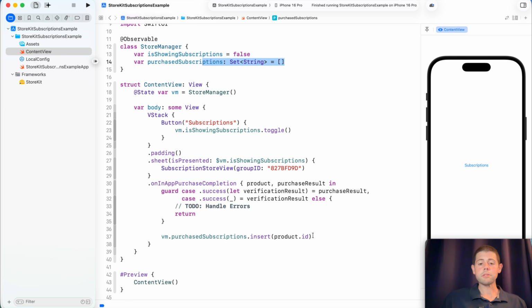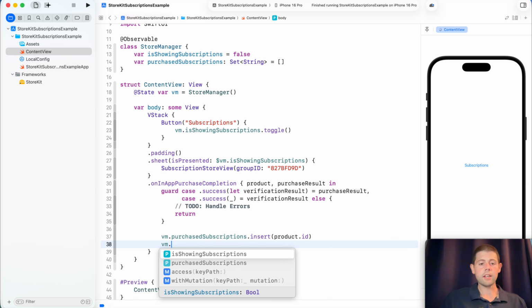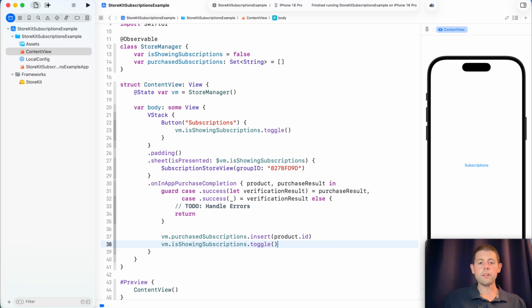And then because that was successful, we are good to go ahead and toggle our sheet back out of the way since the user has purchased them. Now that we've been able to actually go through purchasing those products, we need a way to actually display that in the UI so that we can either hide the paywall or allow the user to access the various premium